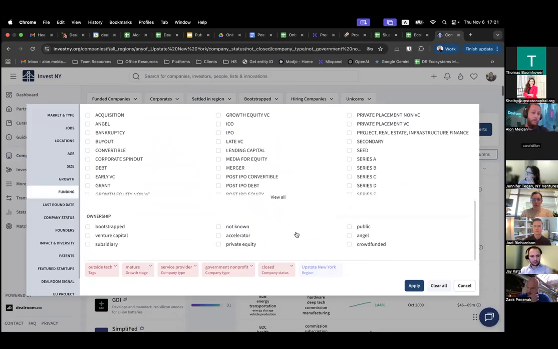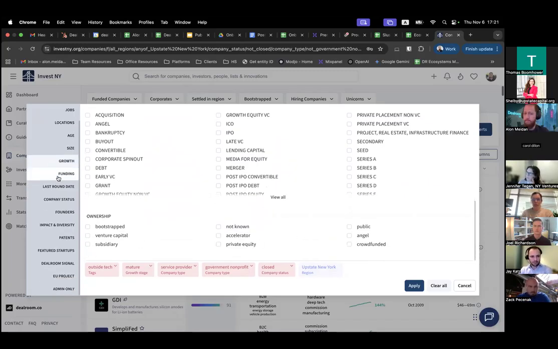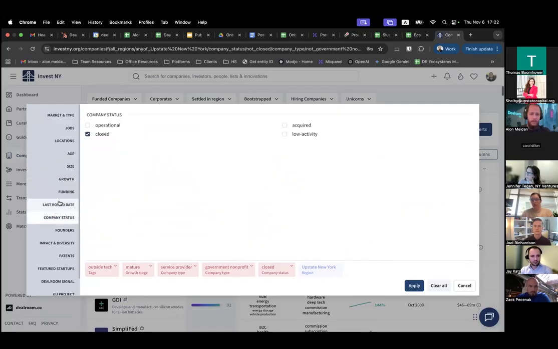At the bottom, there's also the ownership of the company. Company status also. So usually we won't want to look at companies that are closed. We might at some point, but for now, closed is by default excluded. By the way, to switch between including and excluding a data point, you first have to pick it. In our case, closed is already picked. And then you hover over it and switch between include or exclude. Usually you'll do it to exclude, or to basically hone in your query on something else.